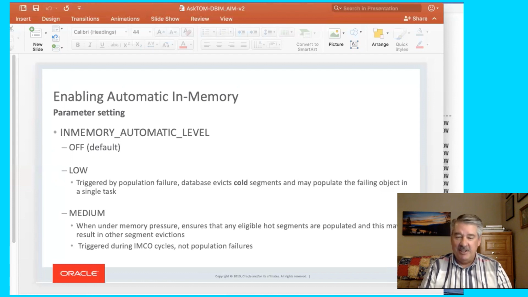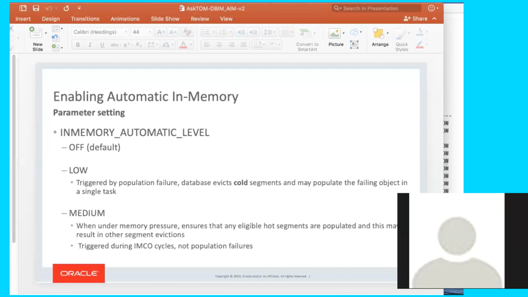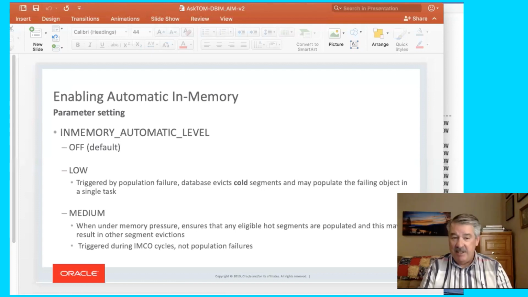That was a mouthful. All right, so hopefully that's clear, and I'll show that low mode in my demos because it's easier to demo because it's actually triggered by population, as opposed to setting the automatic level to medium. And if you set it at medium, when we're under memory pressure, then the background population processing will take over, and it will ensure that the hottest objects are populated in the column store,